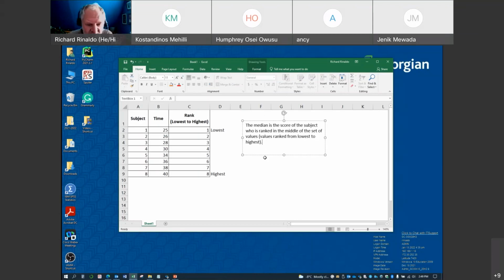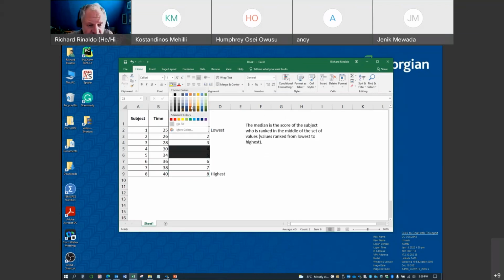Now, what I see here is that there is no middle rank because I have an even number of participants. So the middle rank is somewhere between 4 and 5, right? So here's the top half, here's the bottom half. There's 4 in the bottom, 4 in the top. There is not one person who sits exactly in the middle. So when that's the case,